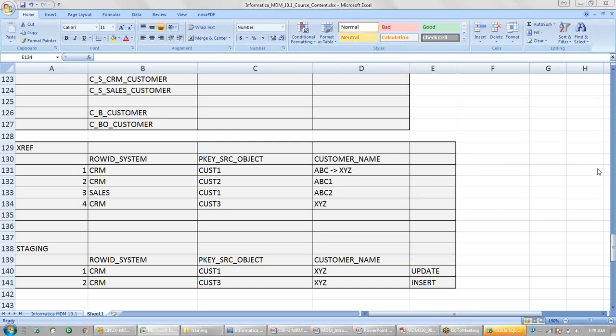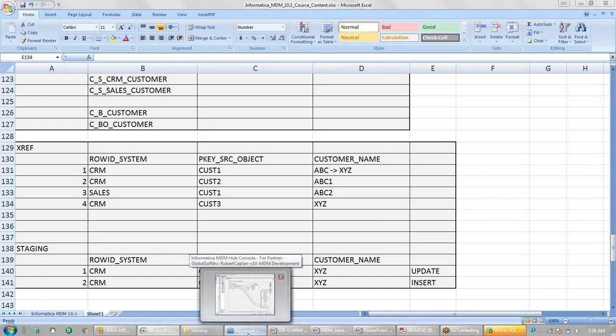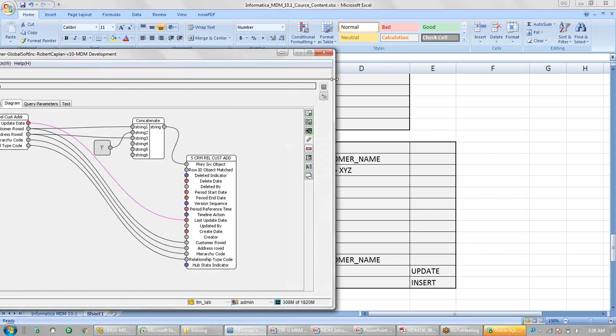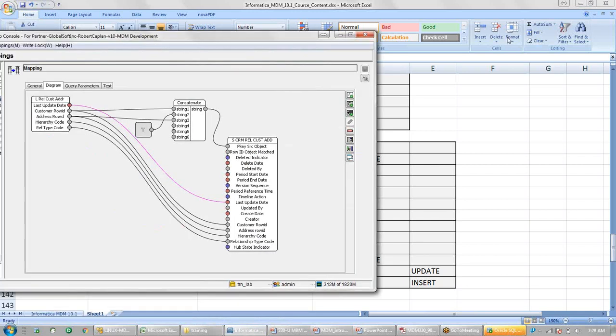In the staging table, how did you get the PK source object? In the staging table, we had that PK source object. If you remember, one minute, let me open the mapping again. This is my mapping, and on the right hand side you can see this is my staging table.